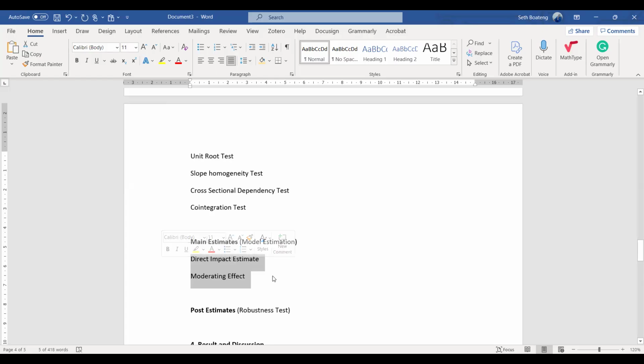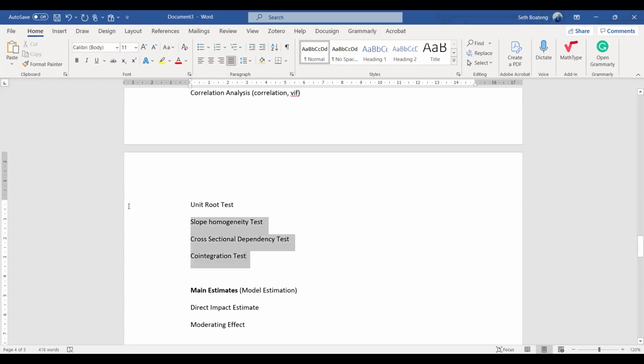You see, I've not talked about the model. So you can use the panel model. You can use the quantile model. I think we have discussed this once already. You can use the GMM model, but all the model selection will be based on these results: your unit root, slope homogeneity, cross-sectional dependency, co-integration. If you test co-integration and there's a presence of co-integration, that means there's a presence of long-run relationship. That means you have to use a model that captures both long and short run, like ARDL or pooled mean group, PMG, or AMG, or CCEMG.